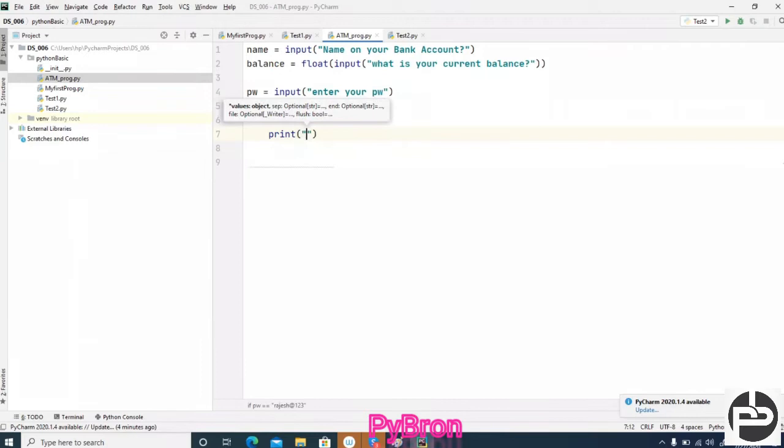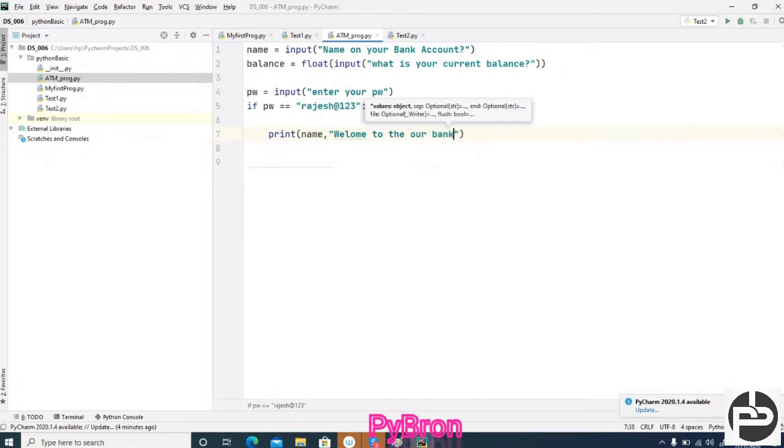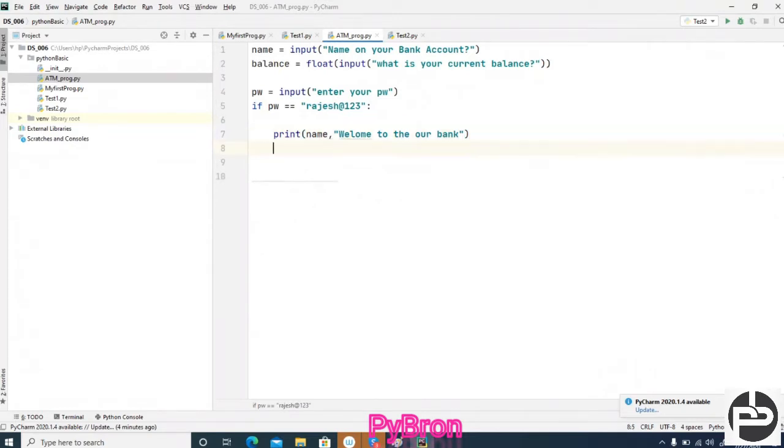name. Here you can say name, comma, welcome to the lots of money bank, or whatever you want, welcome to our bank or something. That is up to you, whatever message you want to print. Once the user gets this message, with the bank name, welcome to this bank, then we print, and we are going to ask the user,